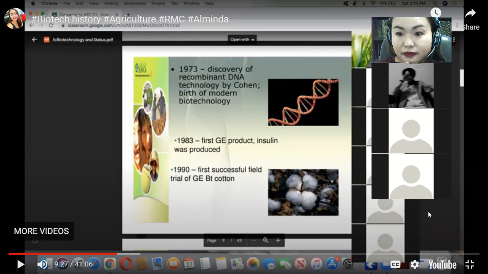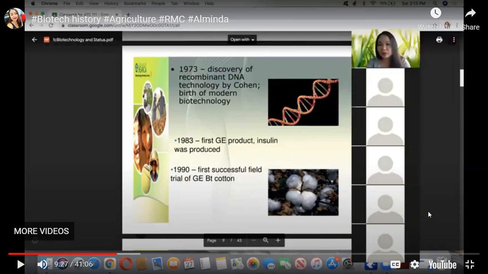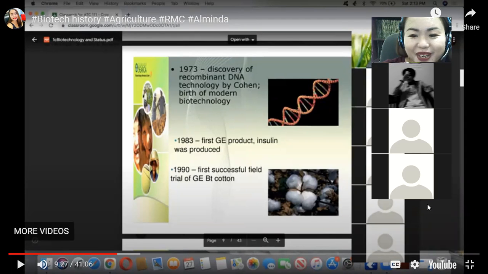Anyone? Yes, James? Sa 1973 po, ma'am. Very good. So nakinig talaga si James, no? And yes, dito nag-start ang modern biotechnology. But when we say genetically modified organisms or GMO, nag-start siya since the Green Revolution, kasi breeding is a natural phenomenon. It's a natural occurring